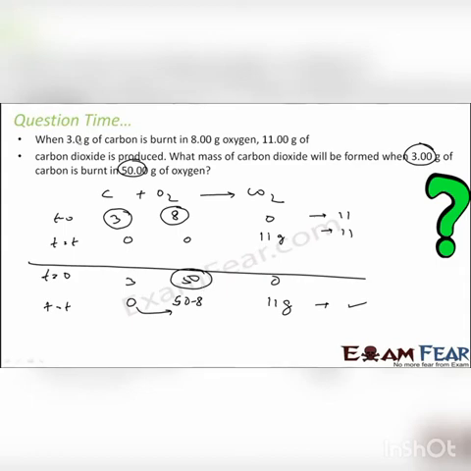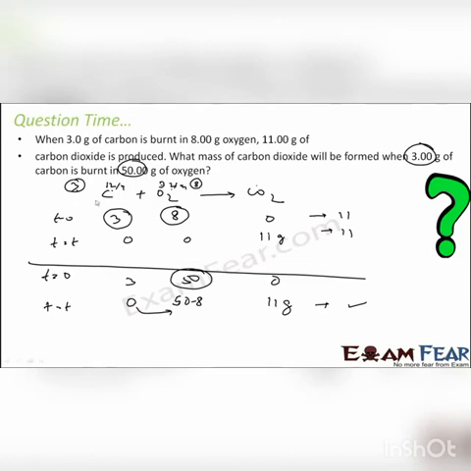Actually, you can prove this using the law of conservation by mole also. 1 mole of carbon reacts with 1 mole of oxygen molecule to give 1 mole of carbon dioxide. 1 mole is 12 gram, this is 32 gram, right? So 12 gram reacts with 32 gram. Divide each by 4, what do you get? 3 grams react with 8 gram, and that's what we have seen, right? Because that is the common number we can divide. 3 grams of carbon will react with 8 gram of oxygen.